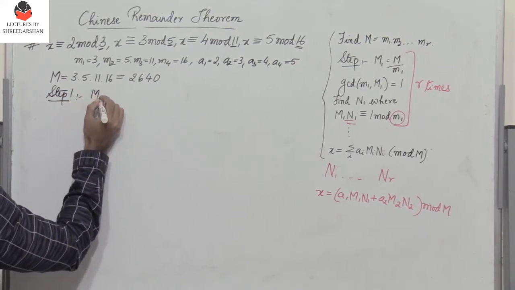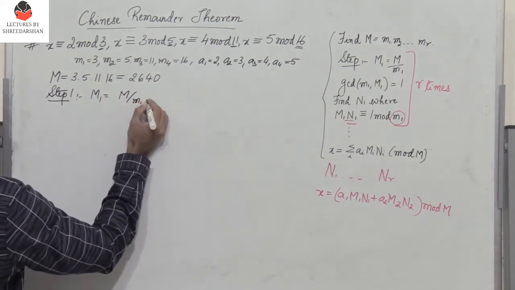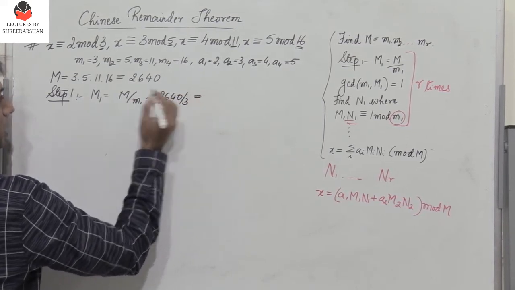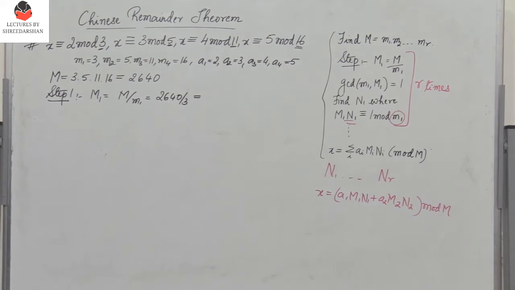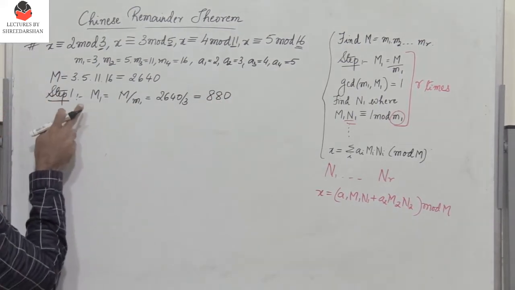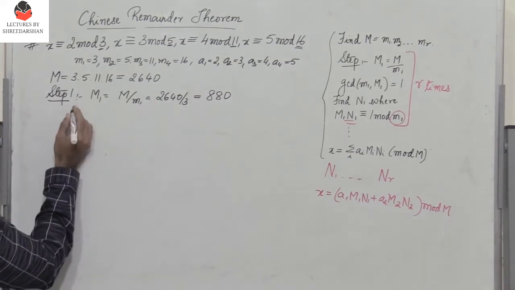So I find M1, which is M by M1, that is 2640 divided by 3. So that is equal to 880. Okay, so I have M1, which is 880. So next,